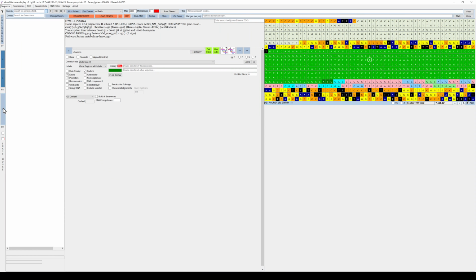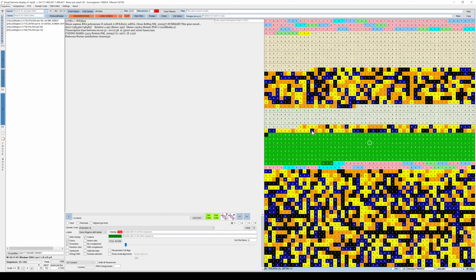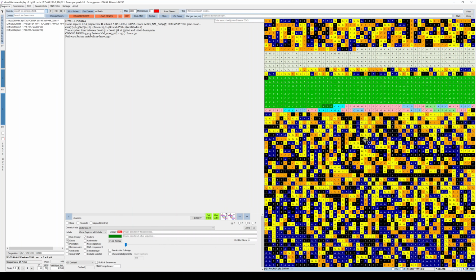In order to give you an overview picture of this gene and what parts end up in the protein, I'm just going to click on this button on the left, and this will cause the Zoom DNA view to fill the entire right side of the screen. You can see here that the transcription of the gene starts at the beginning of this green section, and the translation of the amino acids will start at this start codon.